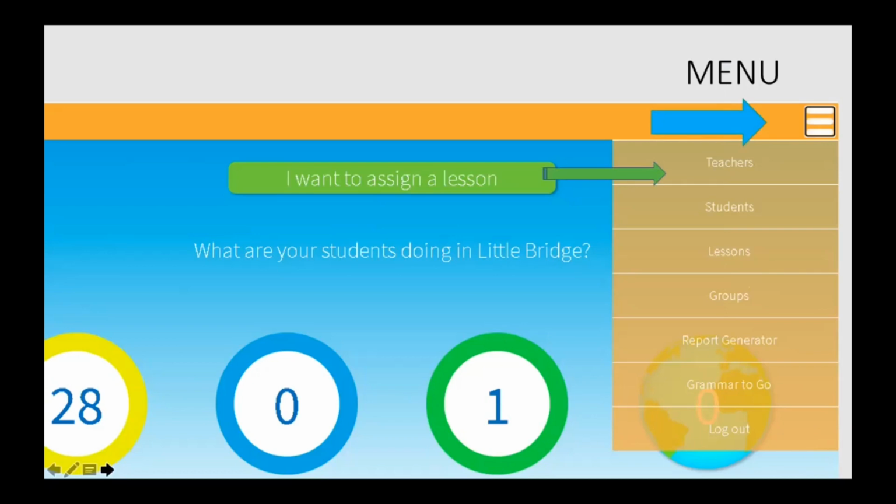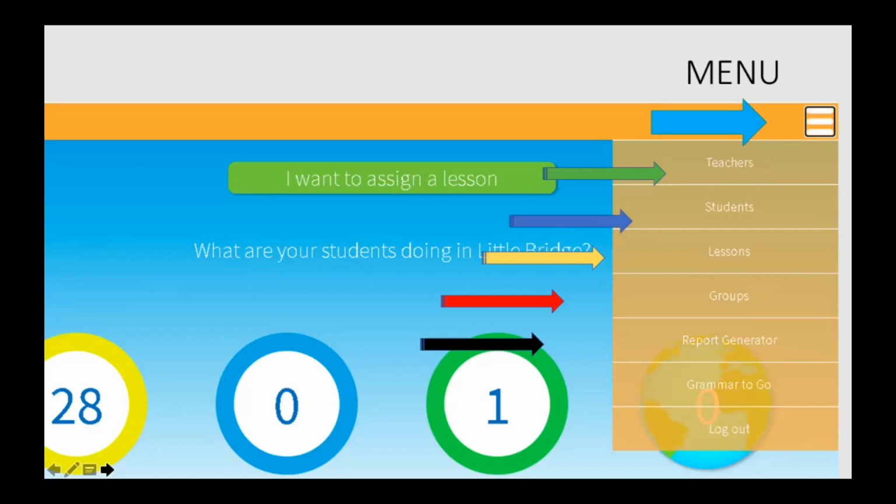We are going to show you how you as a teacher have to be added. And then how you are going to identify your students, how you are going to have a look at your lessons, how you can create your groups. This is what you are going to be doing, how you are going to report, how you are going to generate reports about how your students are doing.